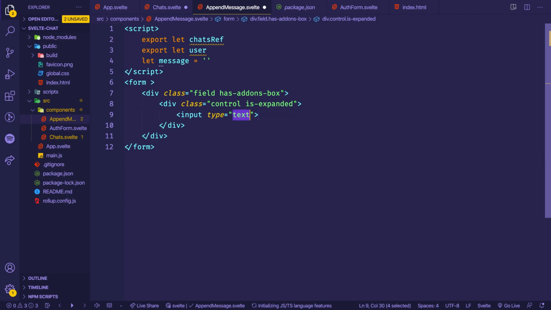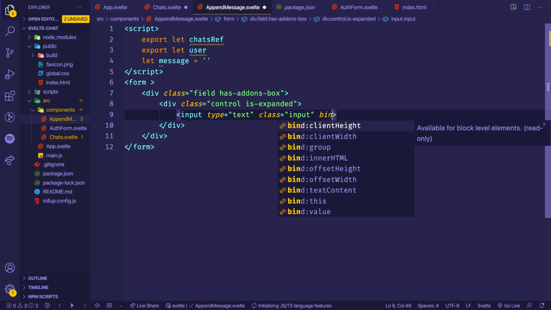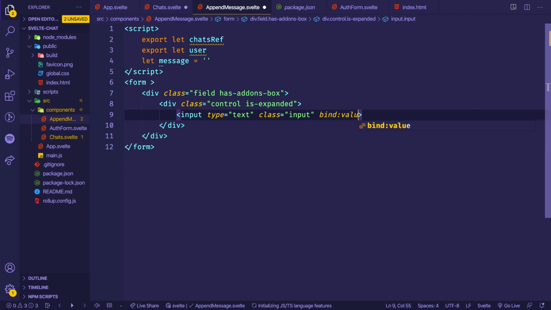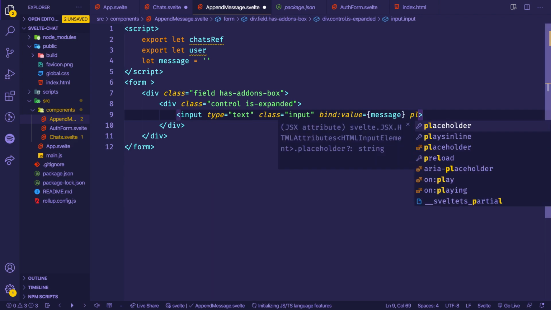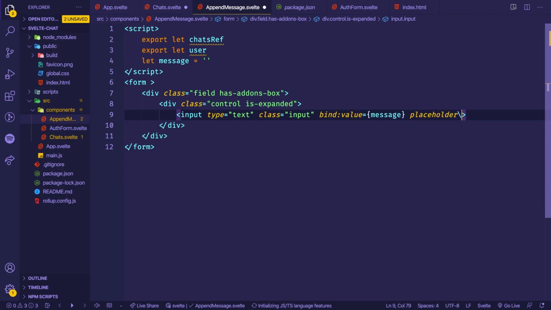Here I'm going to add an input that has the class of input, and we are going to bind the value with our variable message. So we are binding the variable here. I'm also going to add a placeholder